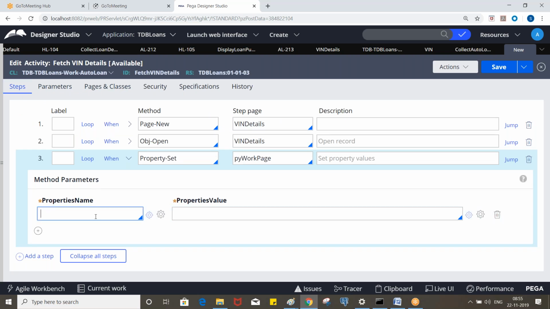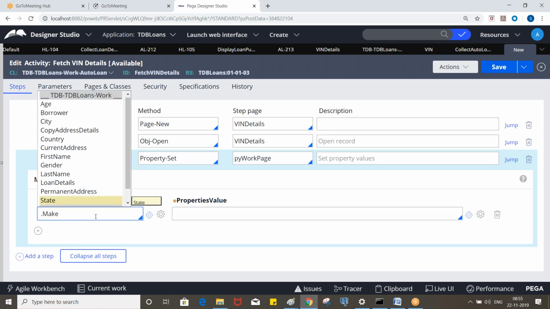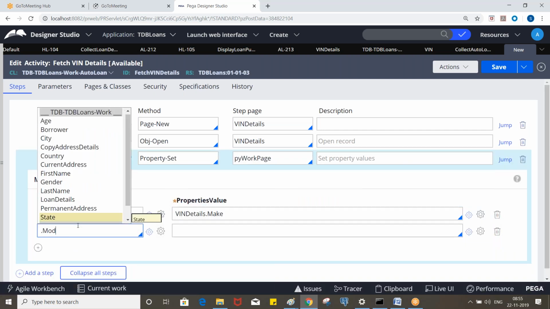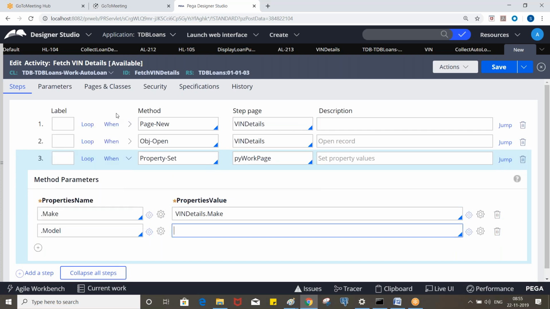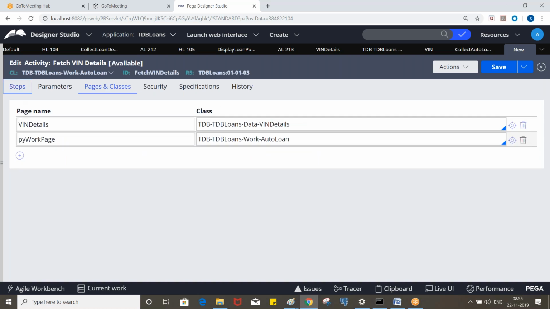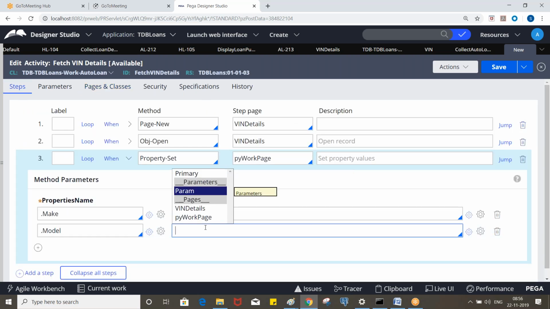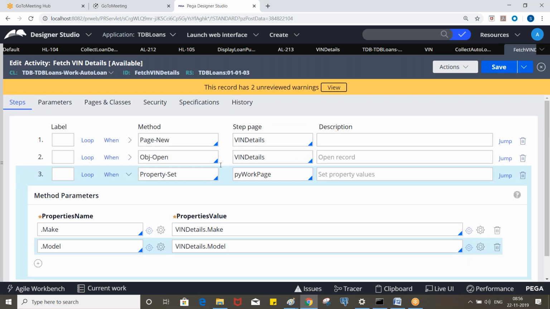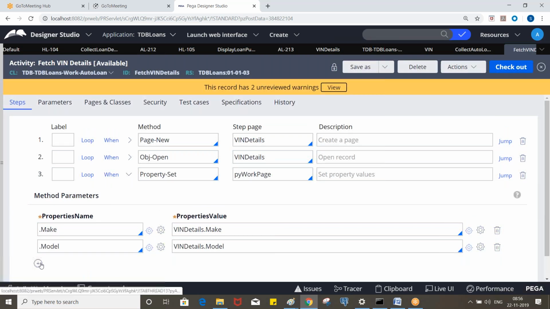So make py work page dot, that means auto loan dot model and win details dot model. So py work page is referring to auto loan. We have the details here and we are assigning them to work class properties. Now take model here.